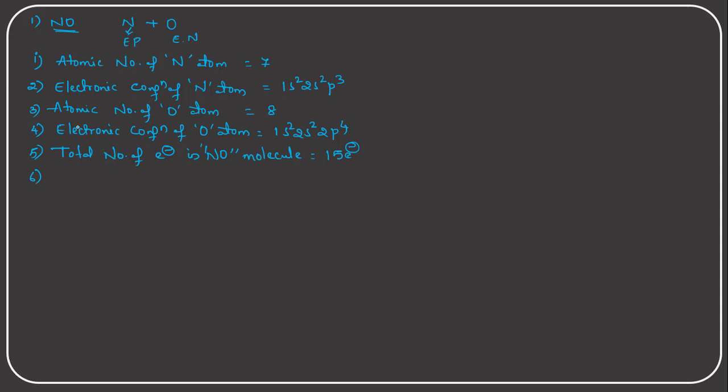See here, the difference between homonuclear and heteronuclear is that we have to know the information of each atom present in this molecular orbital theory. In homonuclear species, both atoms belong to the same element, so the atomic number and electronic configuration will be the same for both atoms in the molecule. But in a heteronuclear molecule, these are different atoms, so I have given them separately. That is the only difference; the rest of the points are the same here.